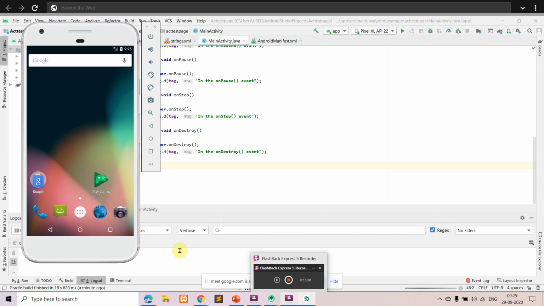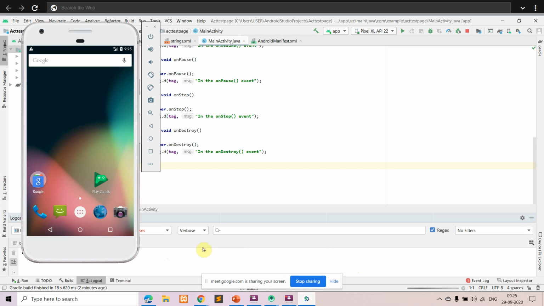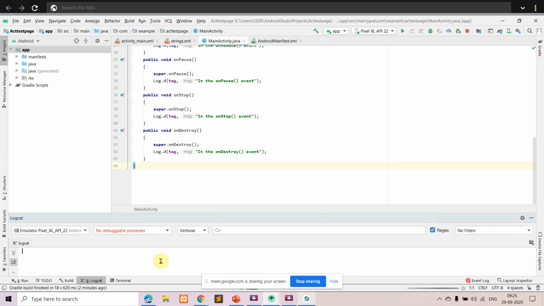So this is an emulator. Here you can see. Actually here you should get, so first, when the activity is loaded in this logcat, you can see the events like create, start, resume.